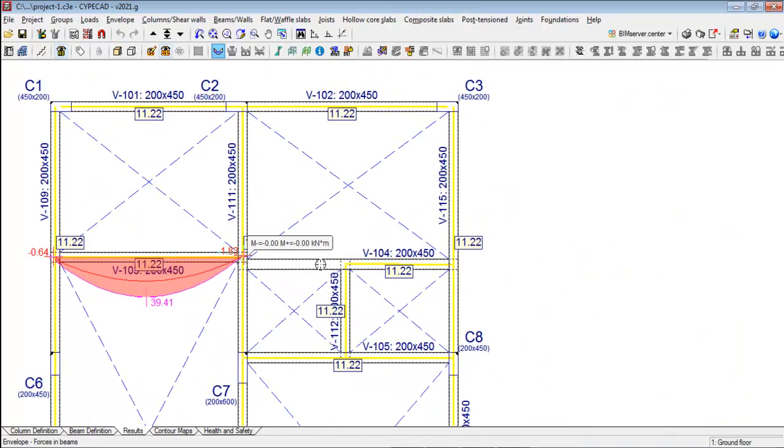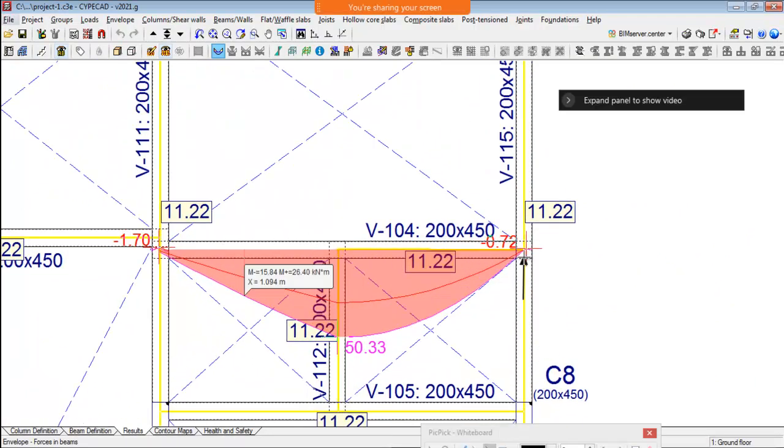Similarly, one more, let's go into this. See, this is the beam, the another beam. So we call it a secondary beam. The beam resting on another beam is actually a secondary beam, and near the intersection of the beam and beam support, we always get almost 0 bending moment here. Here this is minus 1.7, this is minus 0.72, almost 0. Okay, may not be 0 but almost 0. So this type of beam we call a simply supported beam.